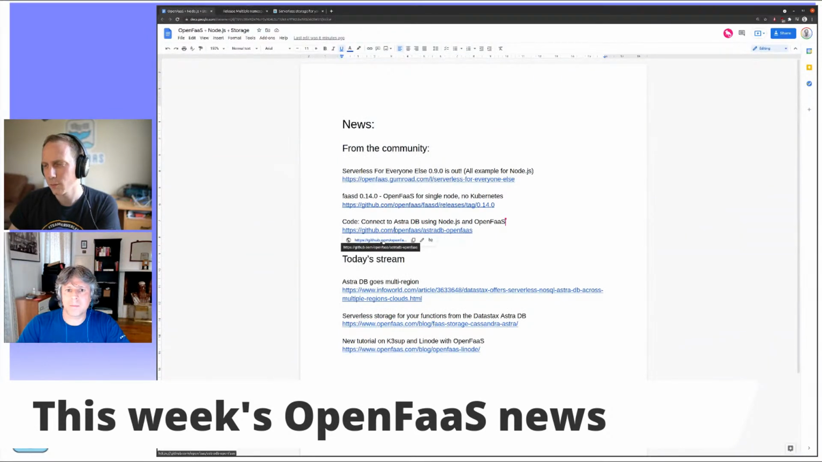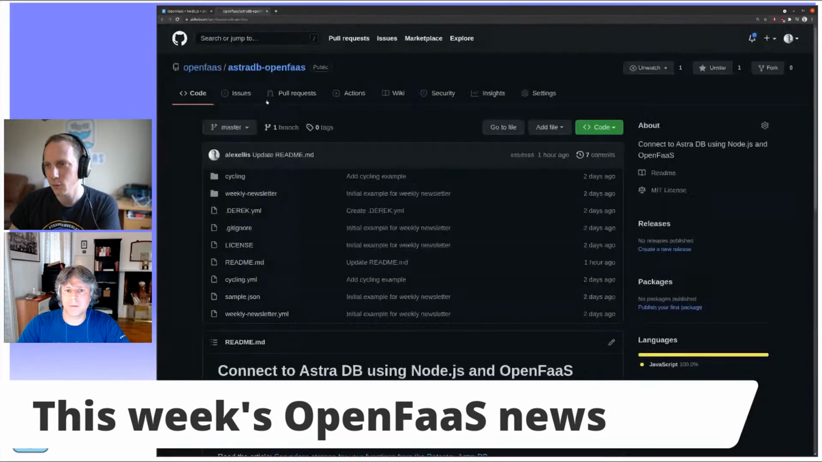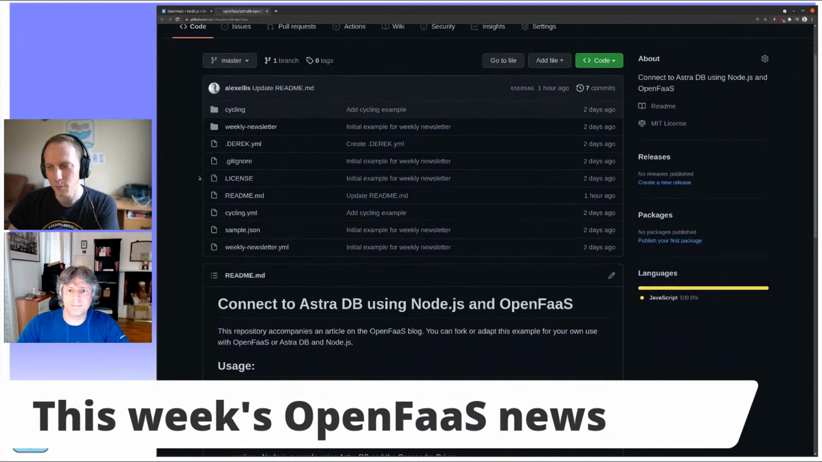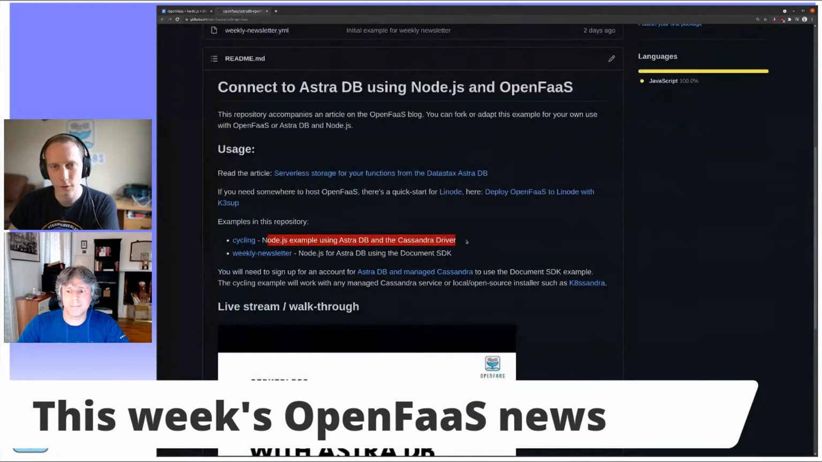Now, there's a GitHub repo that is also available, and this is for all of the code examples that we're showing today. There's 2 of them. The first one will use a native Cassandra driver and the Astra DB managed service. The second one is going to use the document SDK. What's the document SDK,